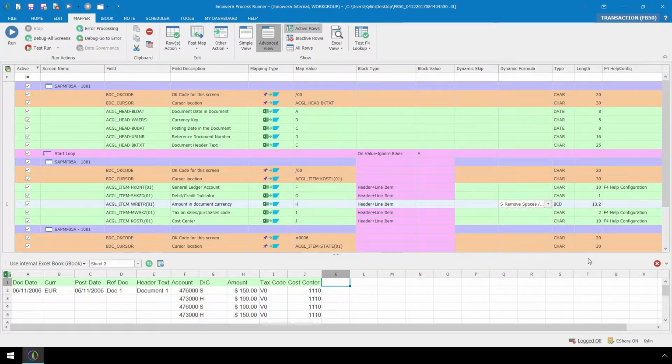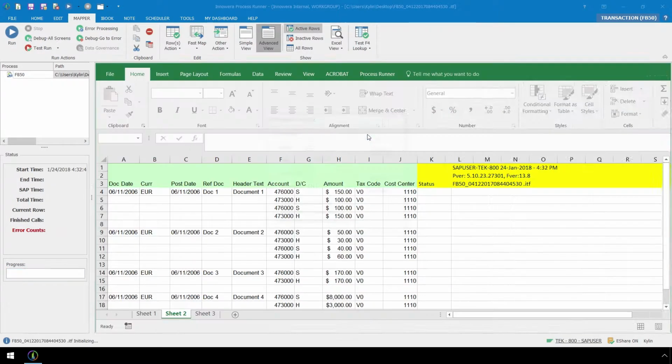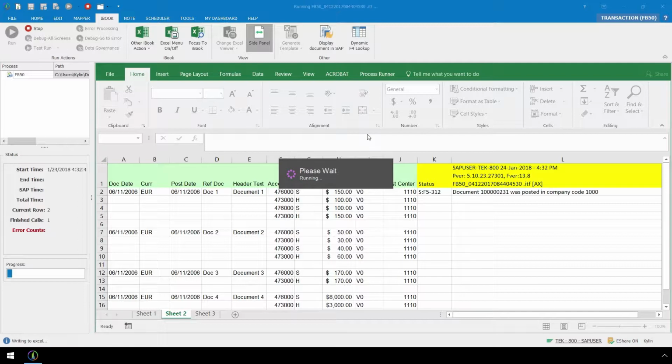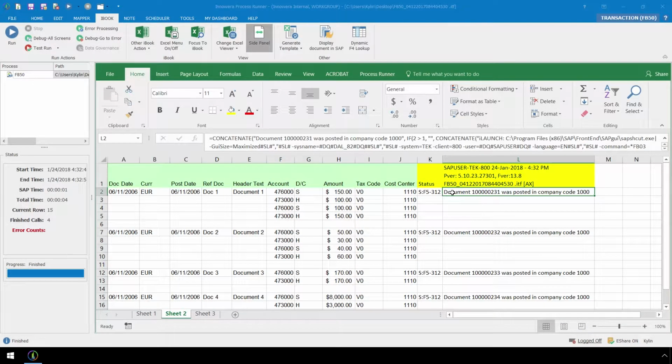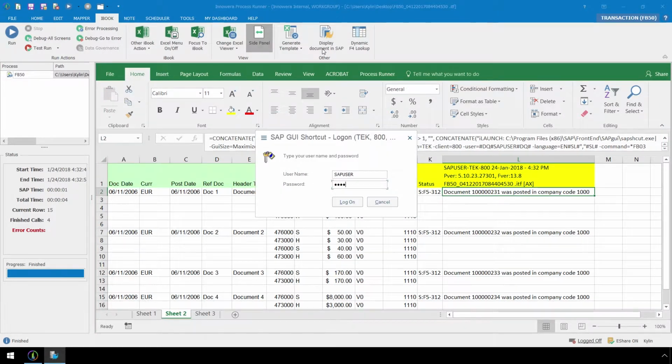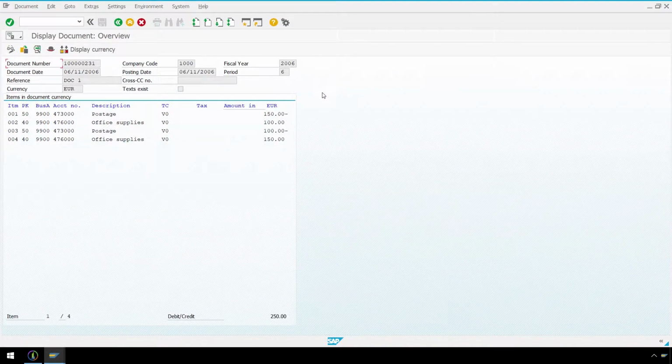Let's go ahead and select it, press the Run button, log on to SAP, and watch the automation script run with the dynamic formula. If we look at the document in SAP, we will see the $ signs have successfully been removed from the amount